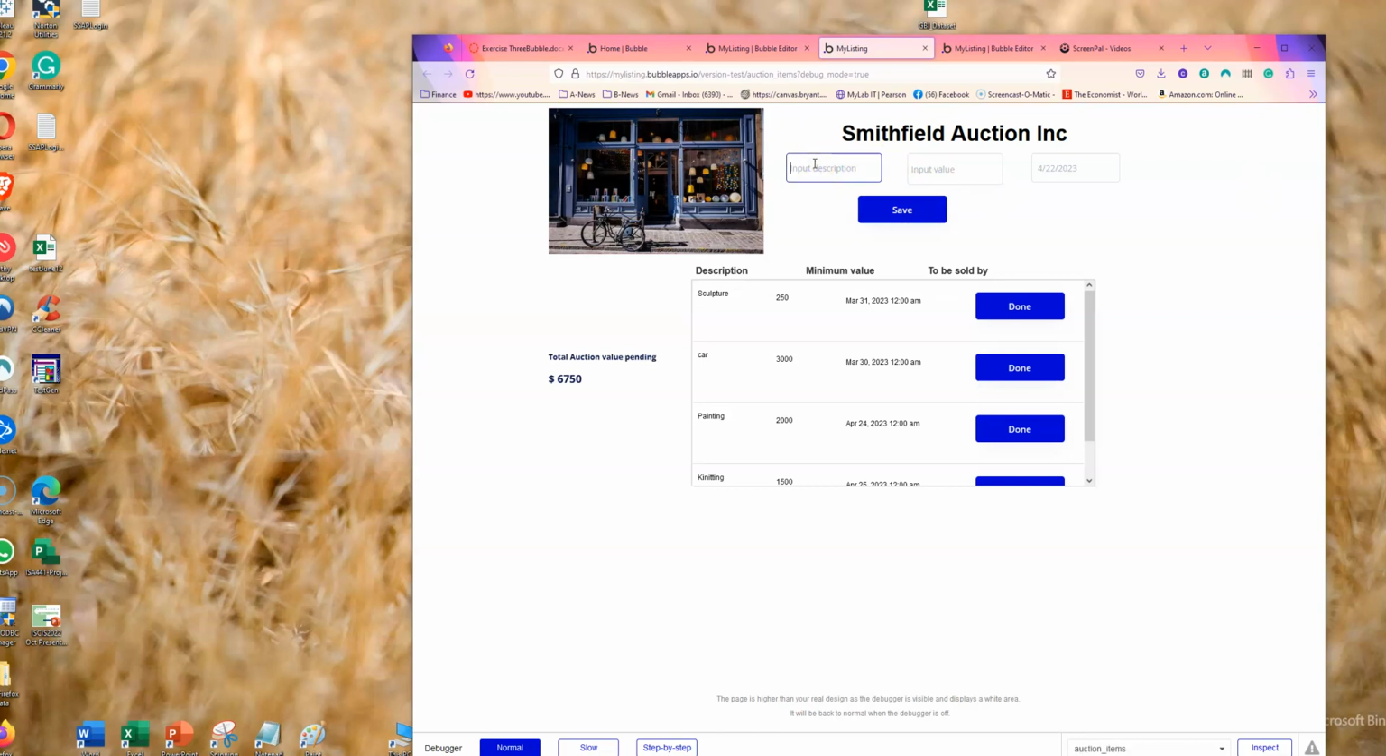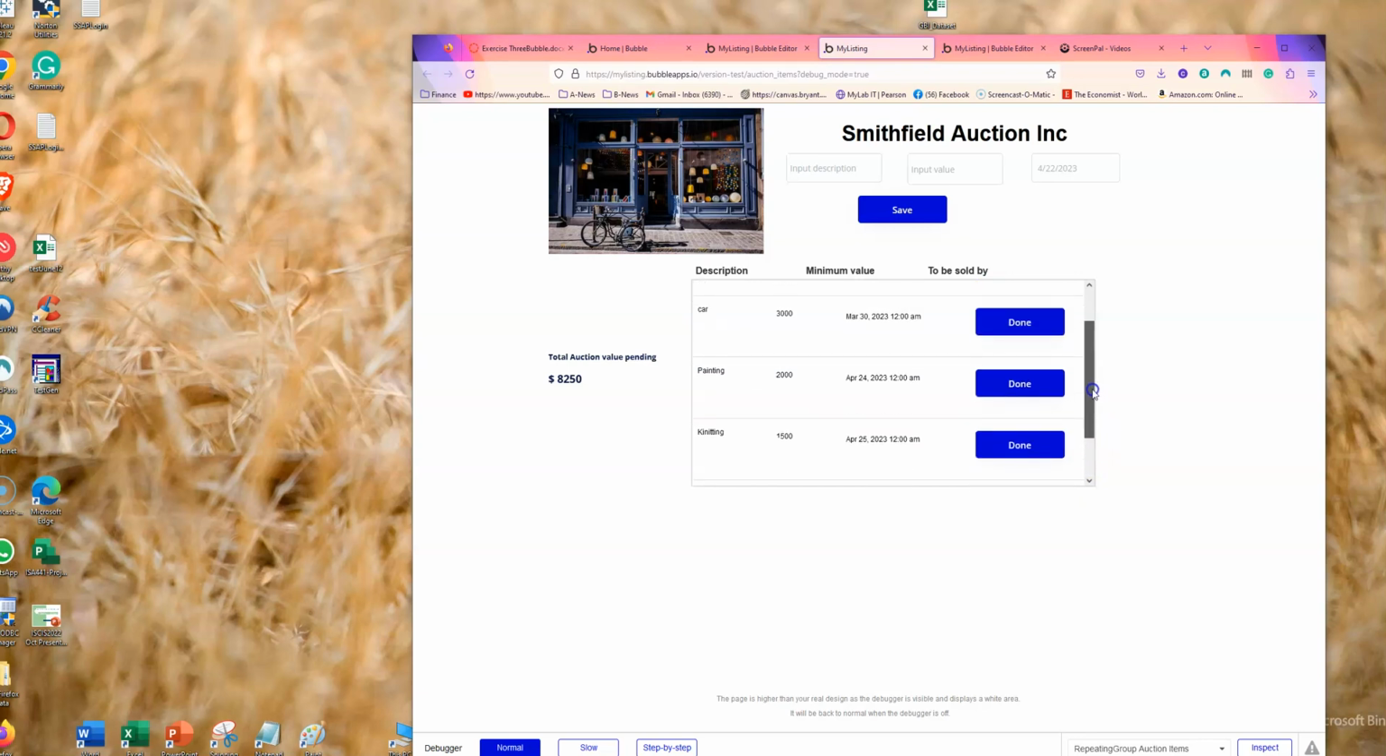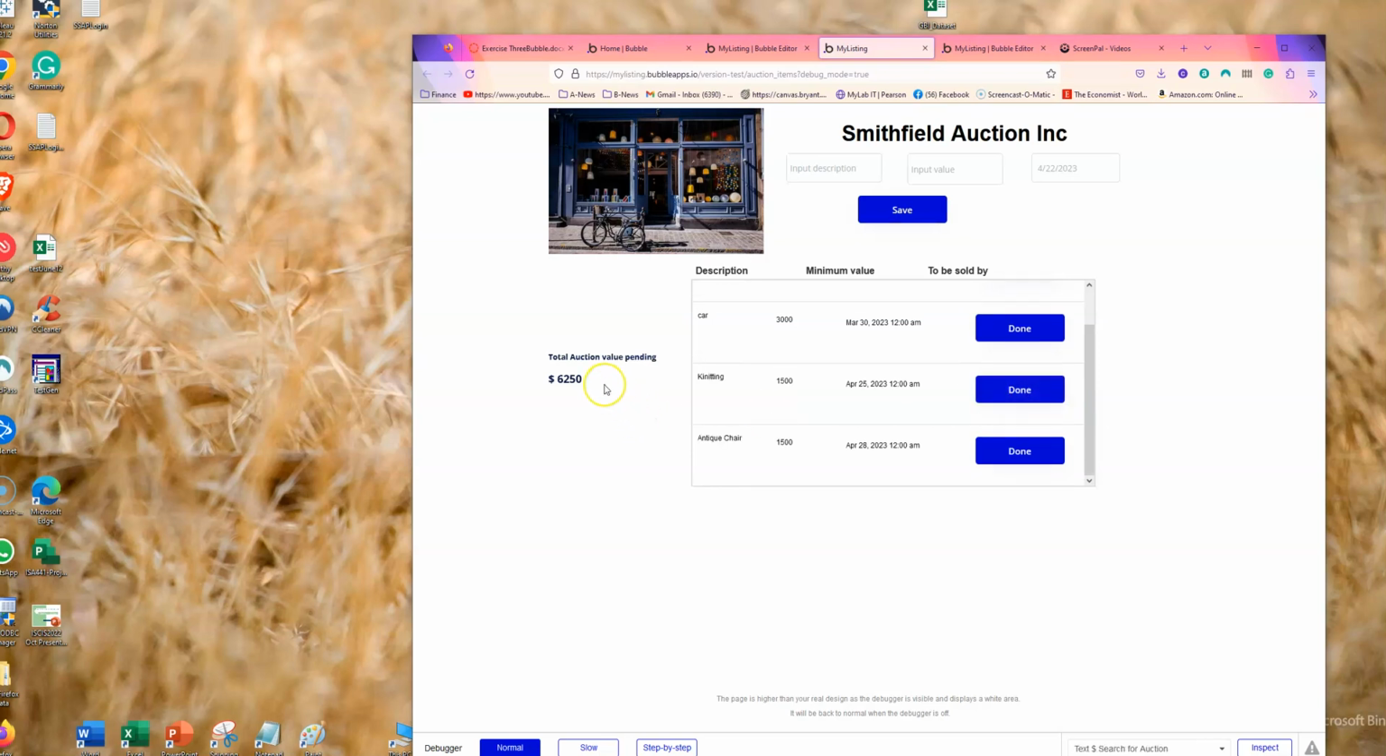So suppose I'm selling some antique chair, input value 2000, and I want to sell it by April 28th. I do save. This is my value. If you add up, you'll find that they do add up. And if I now start selling them, then these items will be dropping out of my list. So if I say done, from 8250, 2000 is gone, so it has now become 6250. And so that is my